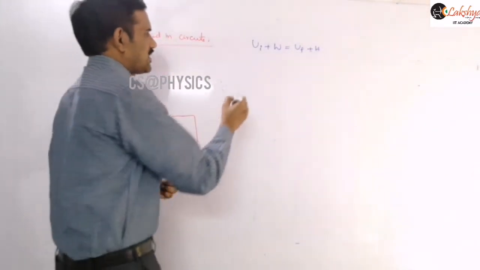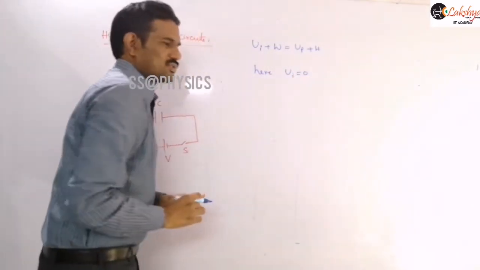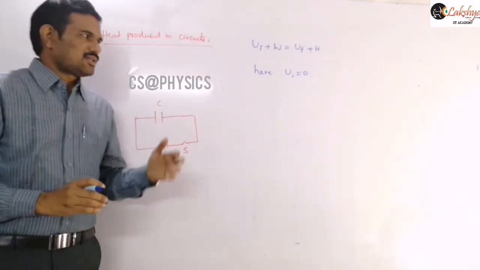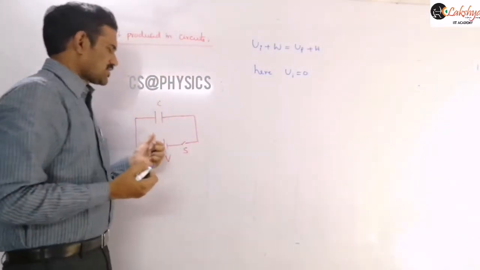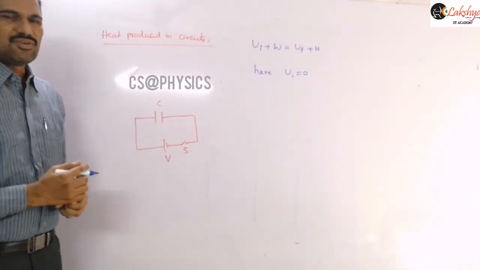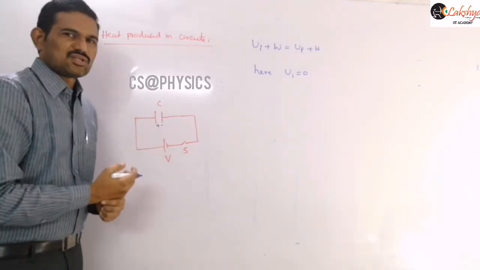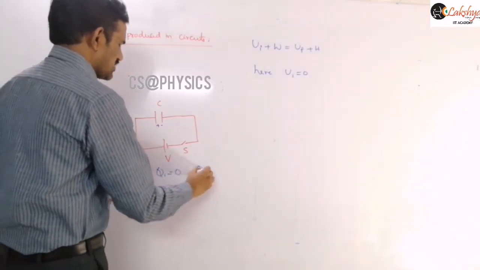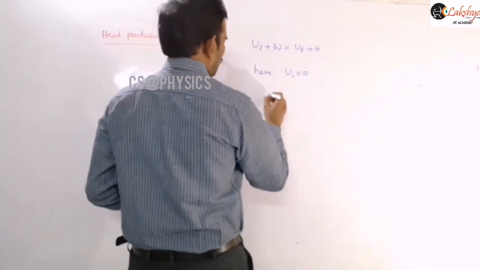And so now let us write those values here. In this problem, the initial energy stored is 0, because it is already mentioned that initially the capacitor is uncharged. So the initial energy will be 0. No energy is stored in that capacitor. And once that capacitor is switched on, the final charge stored on this capacitor will be Q equal to CV. This plate will get the positive and this plate will get the negative, so the potential difference across that capacitor will be V. Here the initial charge is 0, and so the final charge will be equal to CV.